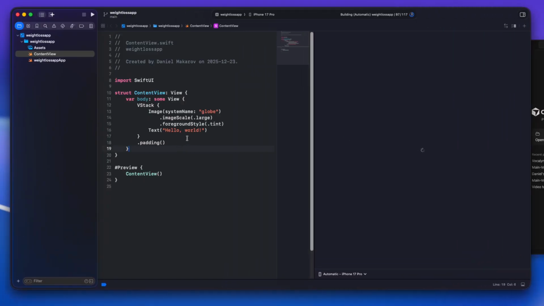which for now just says hello world. And it's currently taking a little bit of time to basically just set up the code and build it out. So let's give it a moment. All right, now that that's done and it says weight loss app ready,